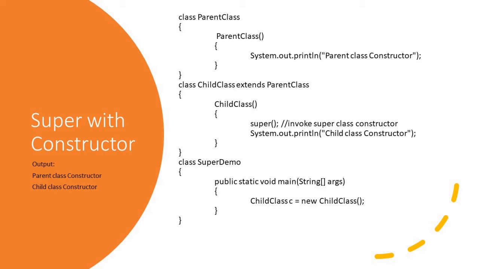In inheritance, if an object calls a constructor, then first the constructor of the parent class is invoked and then the constructor of the child class to which the object belongs is called. That is why we can see the result as parent class constructor and then child class constructor. This is done using the super function above the constructor statement of the child class. As soon as the super method is encountered, it invokes the super class constructor.